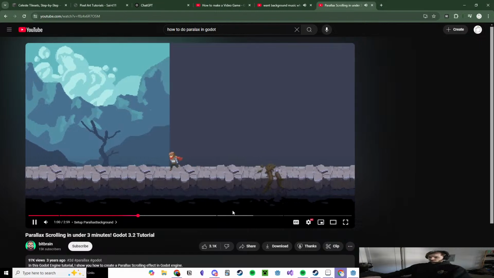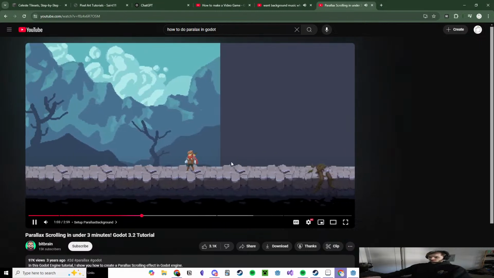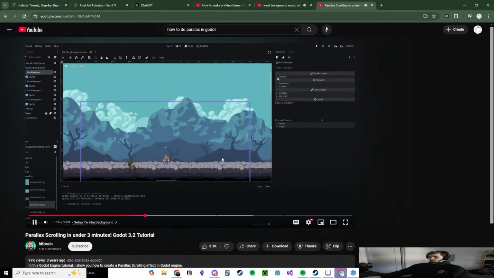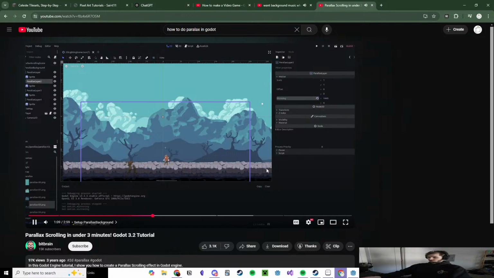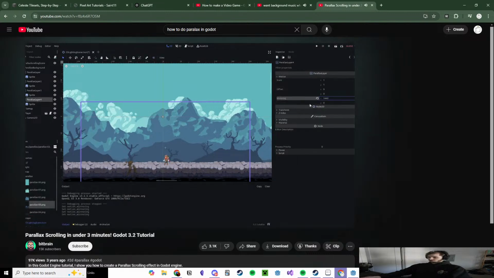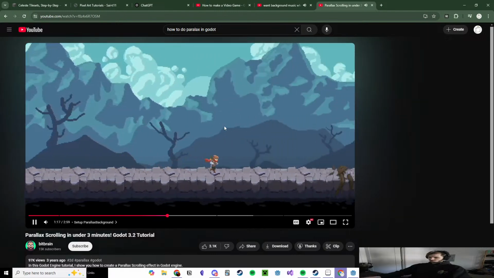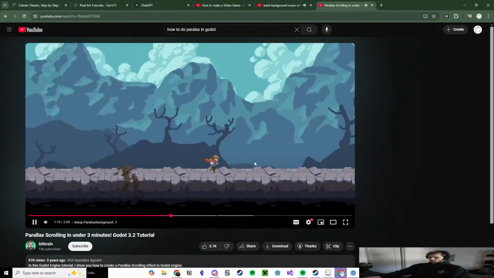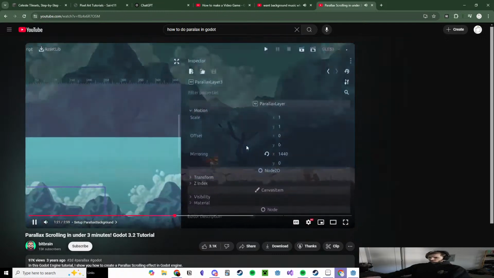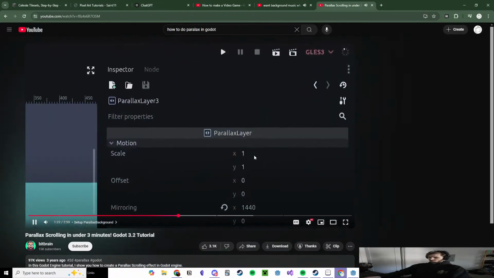In order to make the background repeat, we need to head back to the parallax layer and set the mirroring attribute on it. We set the X value to 1440 on all parallax layers we have. When now starting the game, the background should repeat correctly. We are now heading back to our parallax layer and modifying the scale attribute, which controls the intensity of the parallax scrolling. A higher value than 1 basically means that the object is in front of you, and a